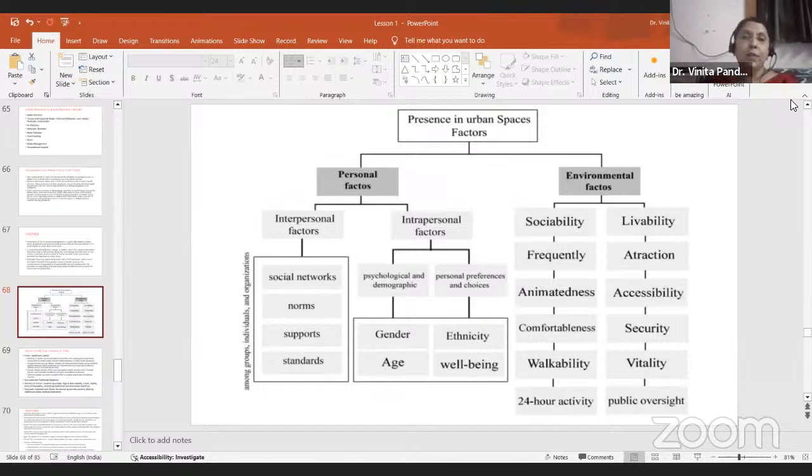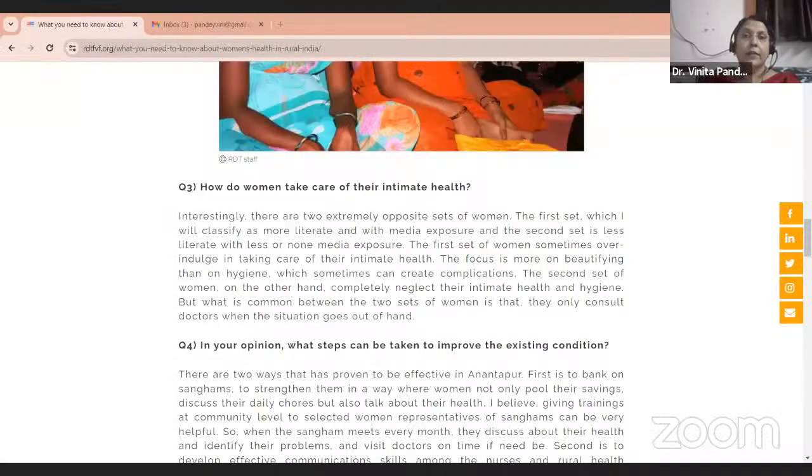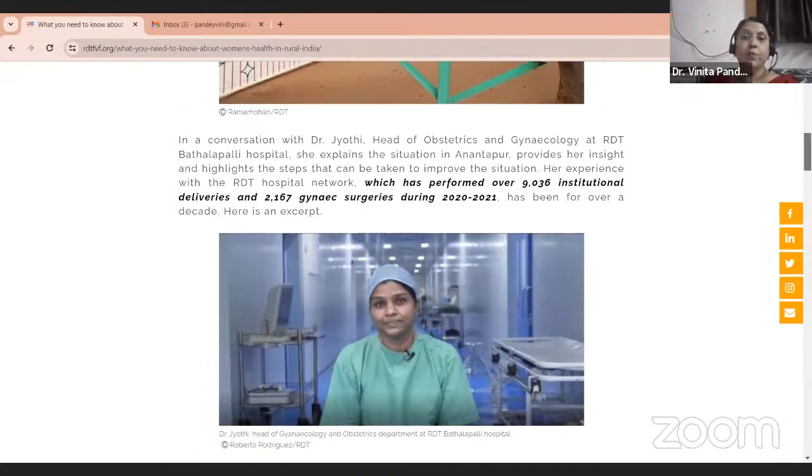Now, since we have some more time left, I have picked up one interview. I wanted to read out some important components from this interview. I will just see if I can share this particular screen. Let me share this interview screen. I hope I'm able to do it. Yeah, right. So now that the screen is available, don't worry, I'm not going to read the entire interview, but I